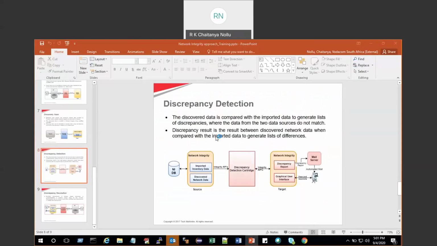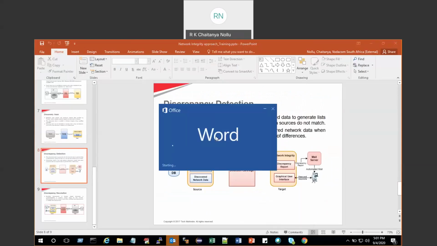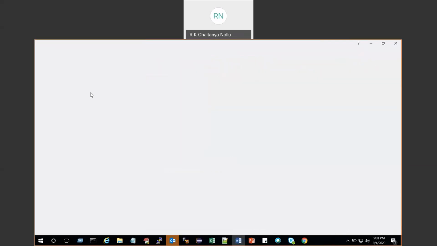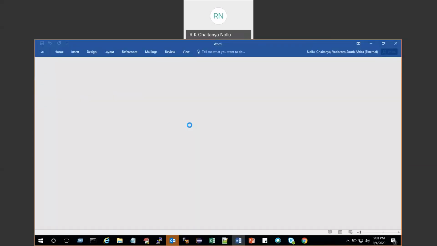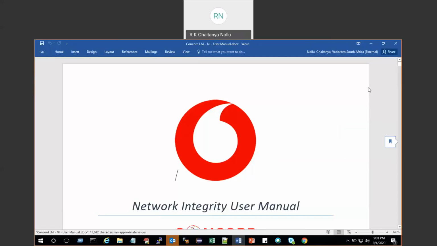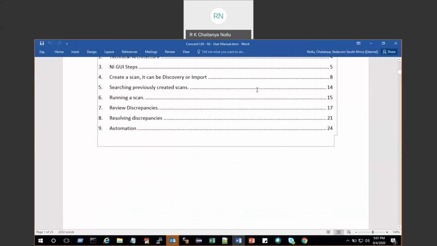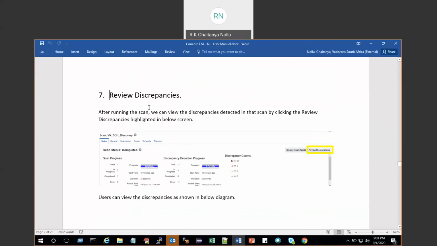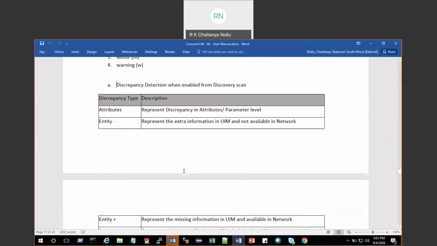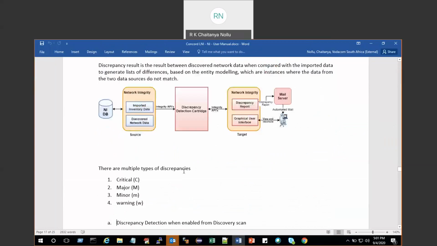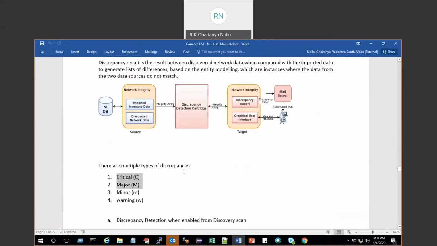So in the user manual, we are already providing this information. We are providing a table which represents the different types of discrepancies and their definitions also. See here, there are 4 types: critical, major, minor, and warnings. Mainly we are going to have critical and warnings. Warnings represent